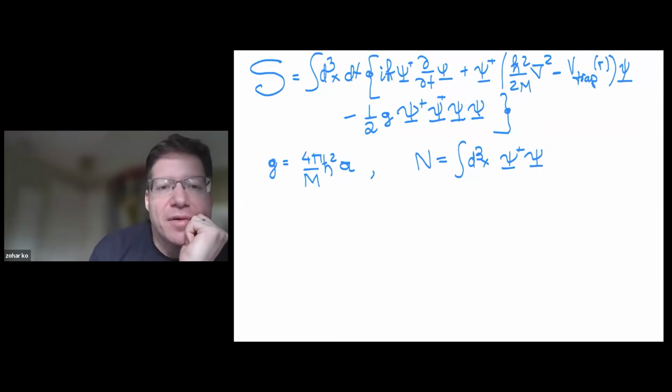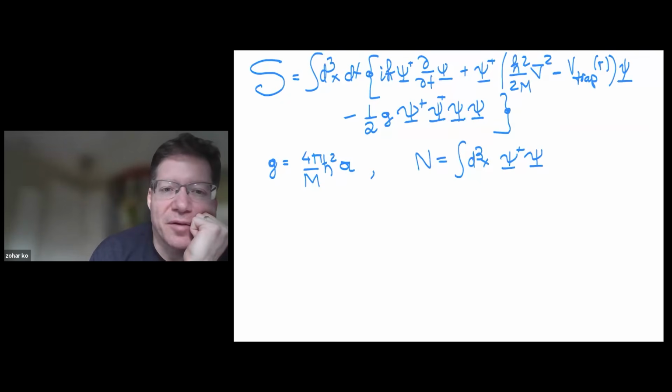So this is the problem. You might say it's a hopeless problem because it's a quartically interacting field. That's why I'm teaching this subject, because you'll see now that with some simple manipulations, we will be able to understand the spectrum of this quantum many-body problem of particles in a bucket, at least in the limit of many particles, but still in the dilute approximation. So is the setup clear? This is the problem that we're going to be studying.